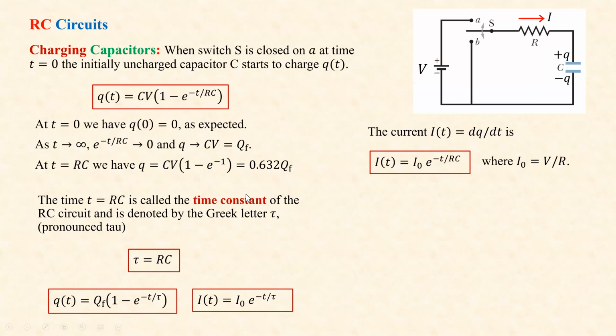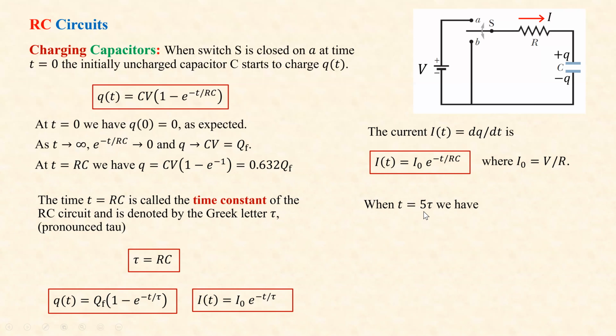This time constant is R times C. For example, if you have 1,000 ohm and a capacitor of 1 microfarad, then tau becomes 1 millisecond. So for ordinary amounts of resistors and capacitors, this charges very fast. And then look at when t equals 5 tau,